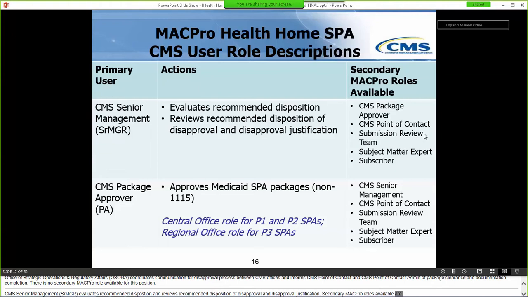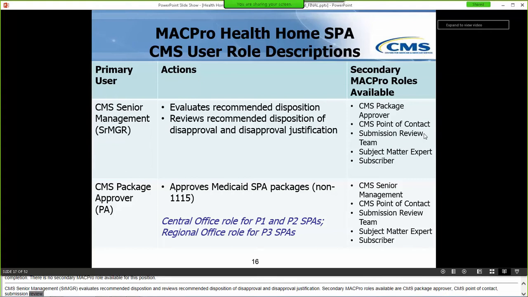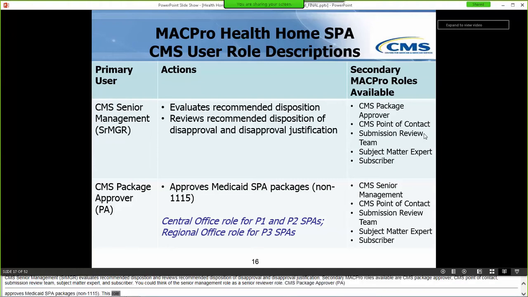Primary senior manager roles can simultaneously hold the secondary roles of CMS package approver, CMS point of contact, submission review team, subject matter expert, or subscriber. You could think of the CMS senior management role as a senior reviewer role. The CMS package approver role can approve SPA packages. This role is recommended for central office users for the P1 and P2 SPAs and regional office users for P3 SPAs. Primary CMS package approver roles can simultaneously hold the secondary roles of CMS point of contact, submission review team, subject matter